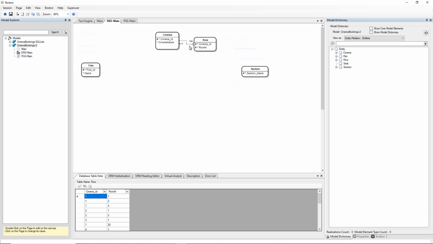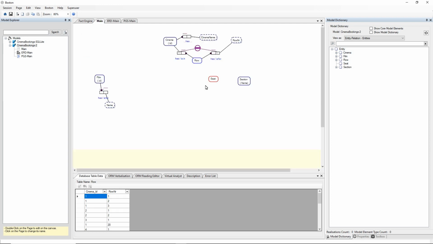And the particular type of entity relationship diagram that we use in Boston has predicates, so we can read row is in cinema and cinema has multiple rows. So as quickly as I can, I'm going to set up the same sort of relationship for